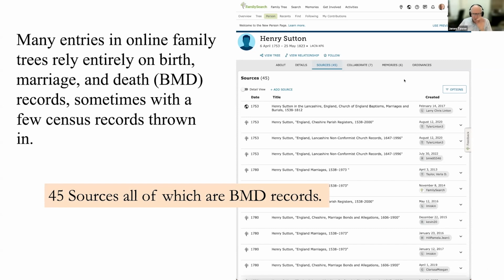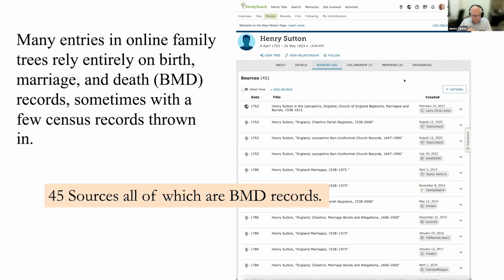So with those 45 sources, you would begin to think that you have really focused in on this person, and that a lot of work had been done, and there probably wasn't much more to be done because, boy, there are 45 sources here. That's a lot of research. Well, that may be the case, but that is not by any means what you might call the end product, or what we need to have and what we need to know about this individual.